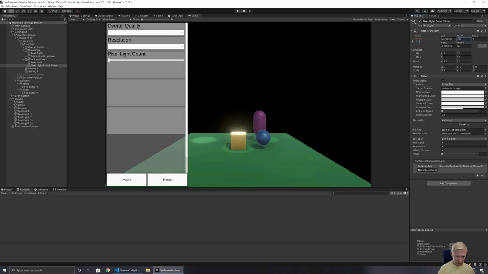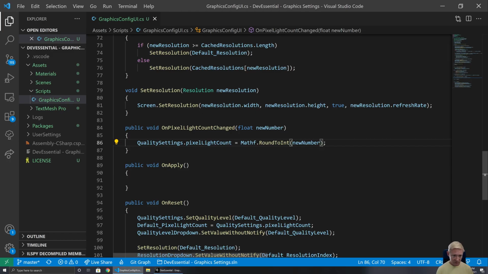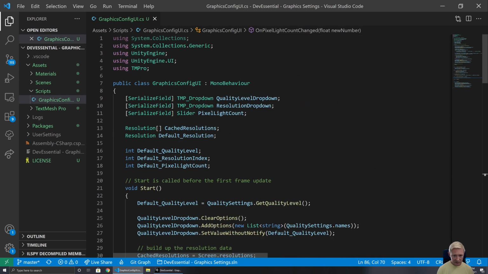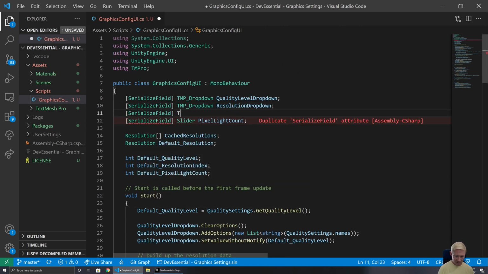Minus 50, that looks pretty good. Means we can then also shrink the size of this again down to about 100. So that looks good. It would be nice to see the actual number of pixel lights as well. So that's something where, alongside grabbing the count, I'm also going to have